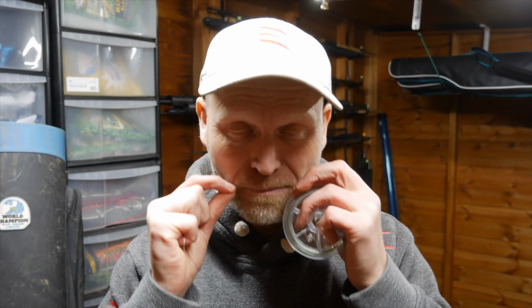So I will use strong shock leader, minimum sort of 8 pound line, but most of the time I just go for 10 or 12 pound line. I just don't want it to let me down. So I'll pull all that heavy shock leader off, whatever your preferred material is. No lower than 8 pound though, and I'll just cut it off. So now we're only going to do short lengths today. Now I've got a big long length, 30 feet of line sitting on my courtyard floor at home